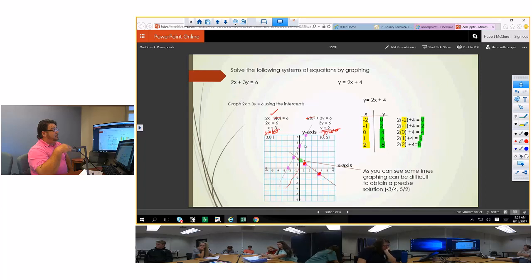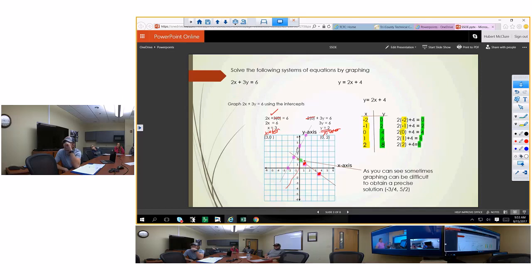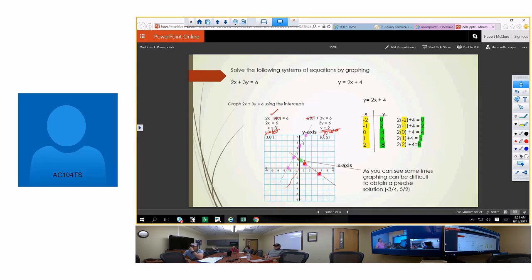Basically, you plot the points, and see, it's hard to find right there. If you look real close, I'll move my arrow, it's hard to define what that point is right there. Why? It's not meeting on the exact corner. So that's why you don't want to use graphing unless the directions call for it. If the directions call for it, then chances are it's going to fall on a nice corner of 2 blocks. Okay? The next method